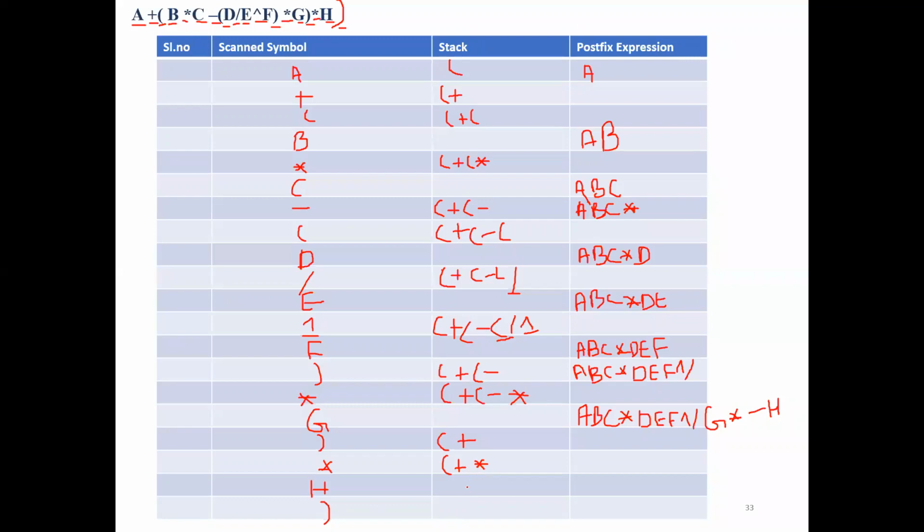So when you have this symbol, what will you do? We will be popping out the operators. What are the two operators on top of the stack? Asterisk and an addition, right? And then you have a left parenthesis that will be just popped off and it will not be printed. So the final postfix expression will be A, B, C, then the multiplication symbol, D, E, F, exponential followed by a division symbol, G,